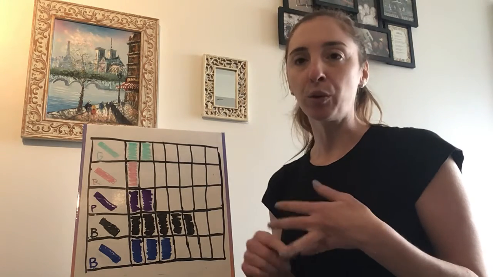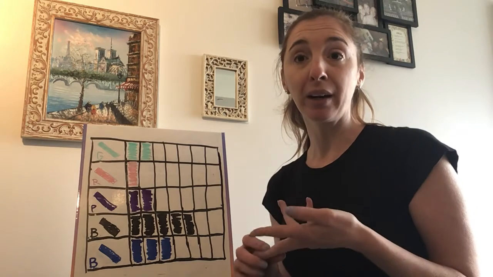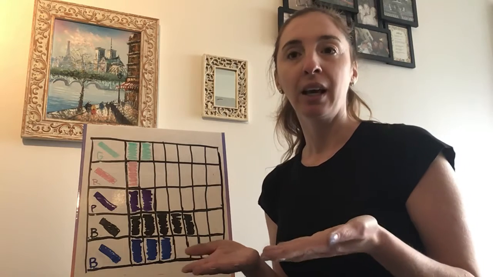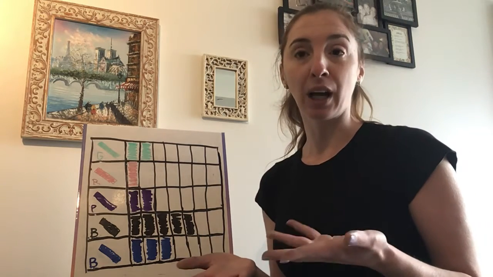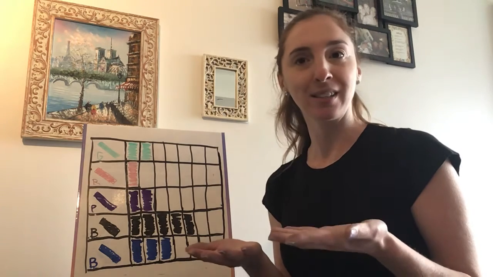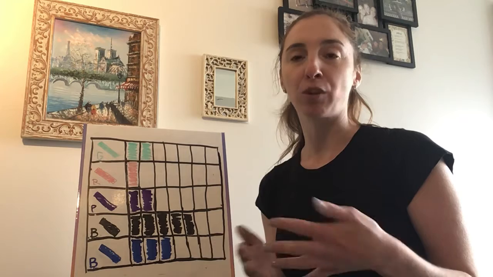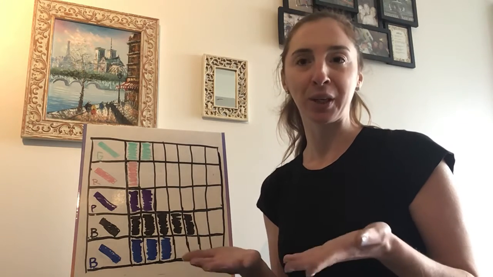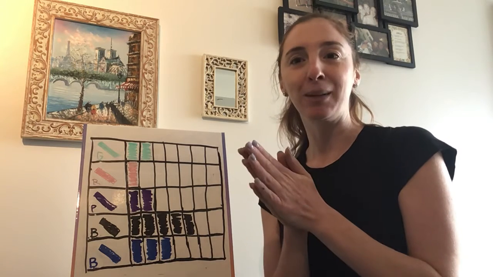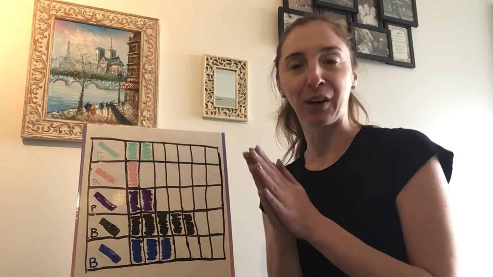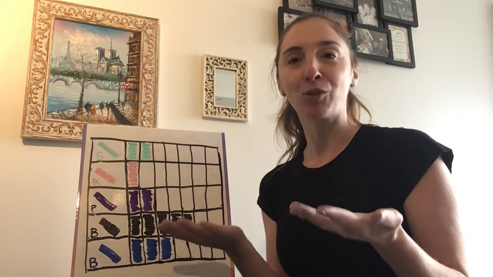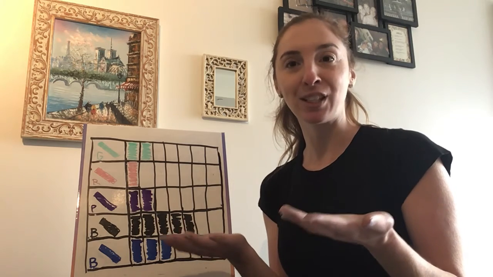Right. So if you want to continue working on graphs, you can make your own graph using markers or different kinds of coins or different pieces of silverware. And on page 14 of your packet, the week 4 packet, there are some hand washing graphs so you can help your family keep track of how many times everyone washes their hands. There are a few graphs in there and you can keep track for the day or the week and you can see who washes their hands the most, because right now we're washing our hands lots, right? That's really important. So we can keep our germs away and make sure everyone stays nice and healthy. So see if you can make your own graph and then see if you can keep track of how many times you wash your hands and see who does it the